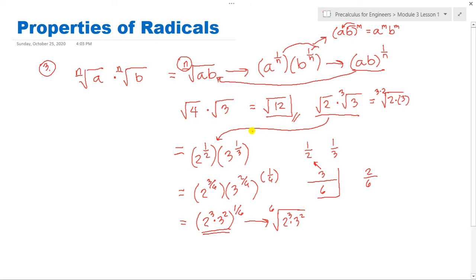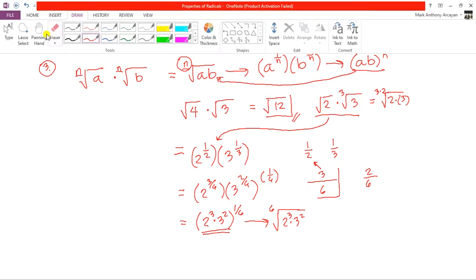So ganito mag-combine ng mga expressions kapag iba-iba yung index nila or exponents. So ganito. So let's jump to